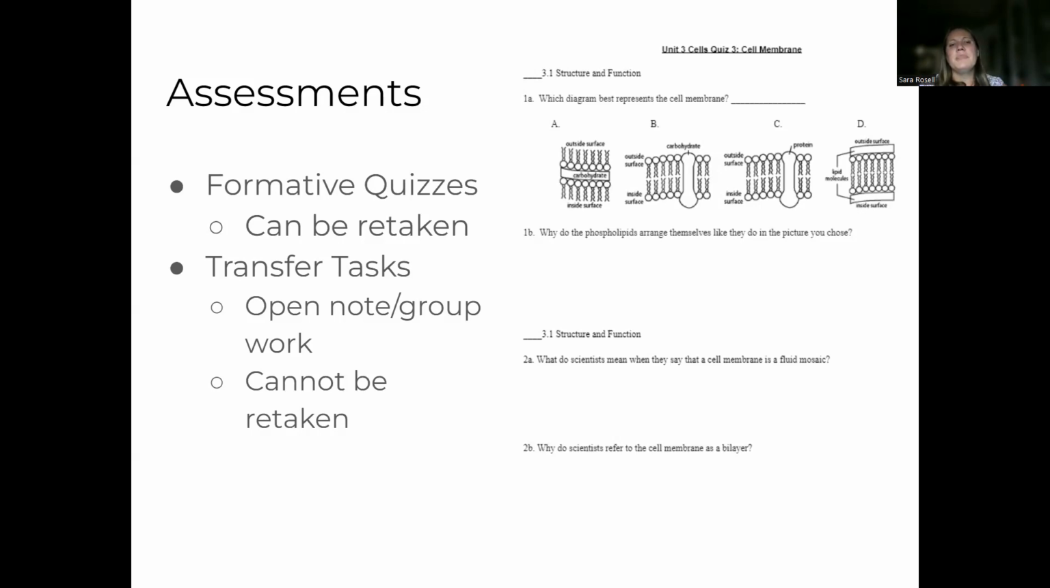then you can retake it to show your improvement in learning and understanding. There's also going to be transfer tasks. Transfer tasks will be completed in class. Transfer tasks are kind of like bigger tasks. They can be open note. They can be done in group, or parts of them might be done in group. And when I say done in group, it's not that there's a group grade. Every grade will be individual,